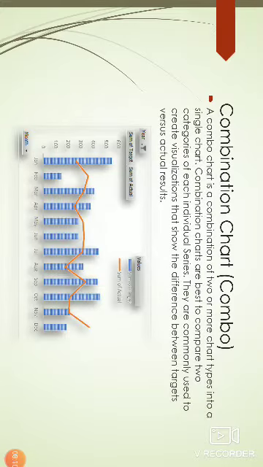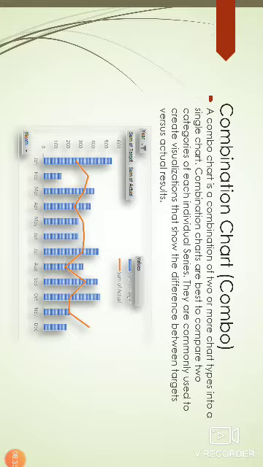Next one is combination chart, in simple combo. A combo chart is a combination of two or more chart types into a single chart. Combination charts are best to compare two categories of each individual series.